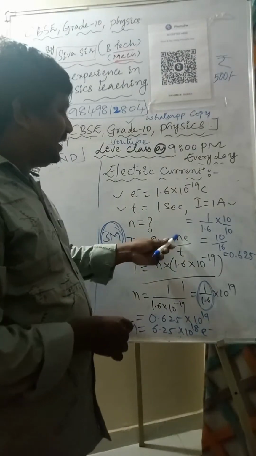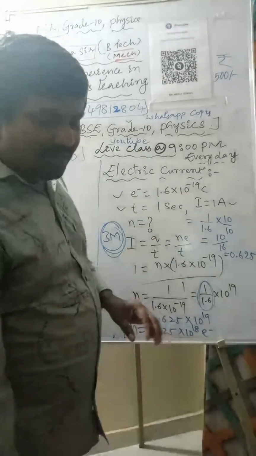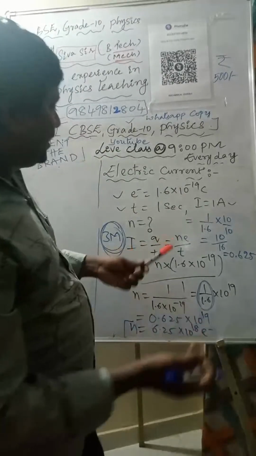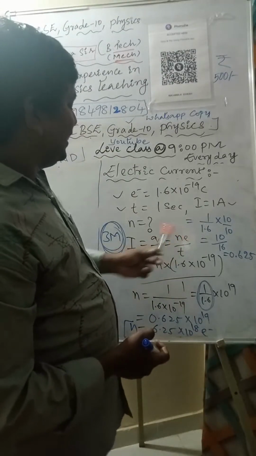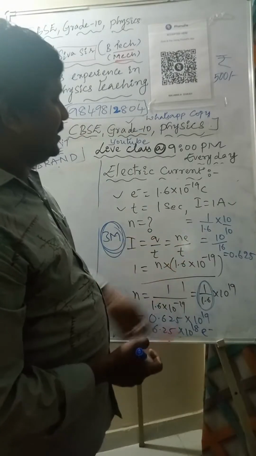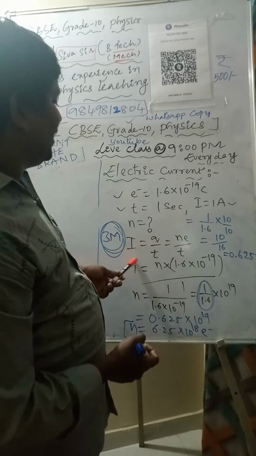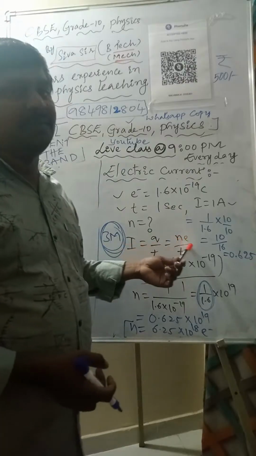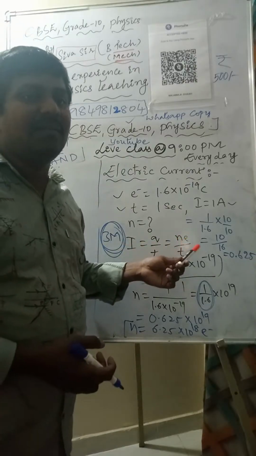Sometimes they will give N, E value, T value, and we have to find out current. Sometimes they will give N, E, I, so we have to find out T. Sometimes they will ask this question with E value, T value, I value. See, E value we have to remember. As I said, E value,